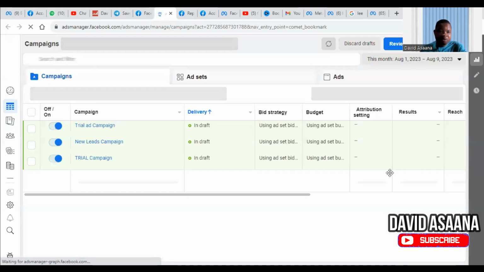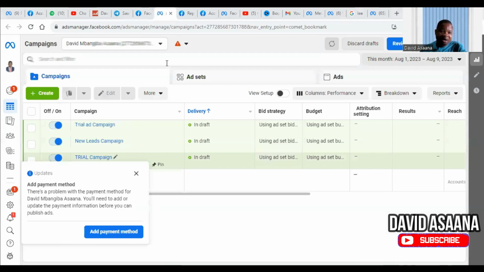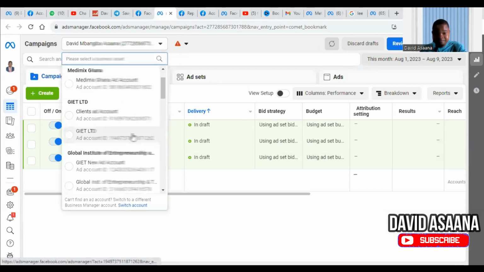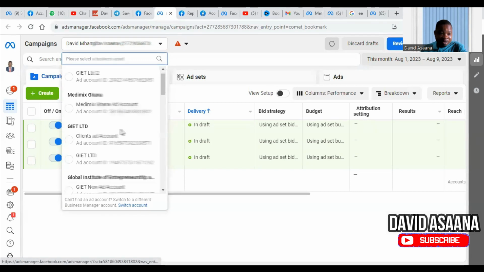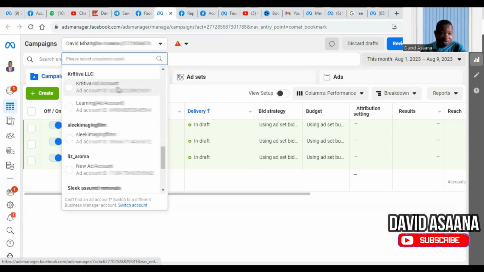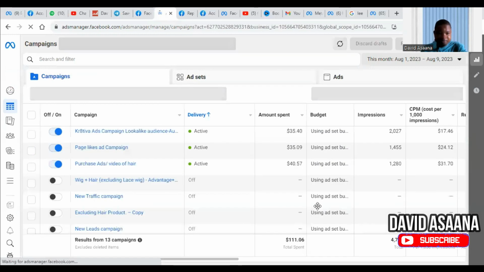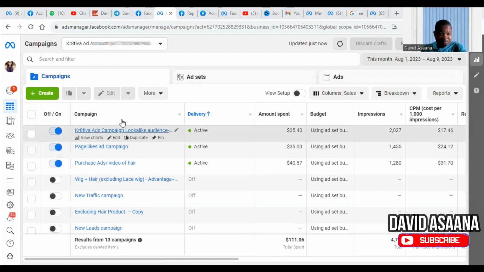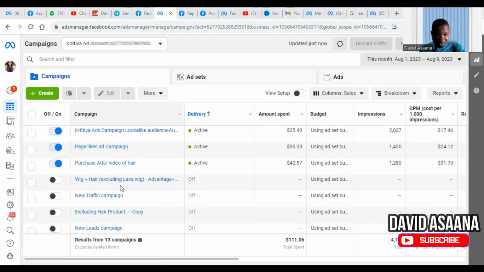Okay, so when you log into the ad manager, it's definitely going in the personal ad account. So you look for the business manager. If you have a business manager that you want to use that ad account in, you look for it. So for example, I have so many business managers and I want to use this ad account. Then I'm going to run an advert with it. I already have several ad campaigns running and I want to run